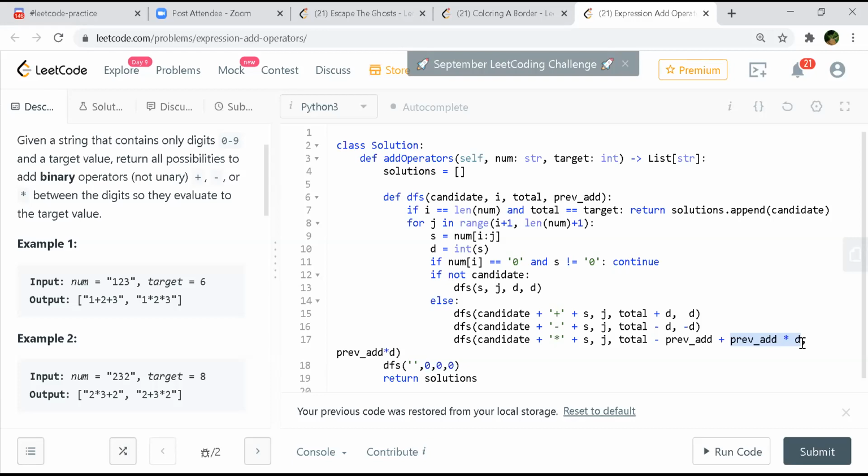If it is negative, we'll have the product as negative, right? So you multiply by your current value, whatever you get from the previous add, and that will be your multiplication. But before that, you need to subtract whatever your previous add was, to go to the previous state, and therefore you are subtracting previous add.